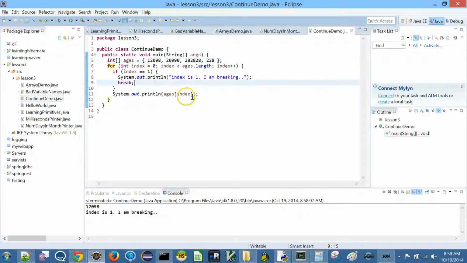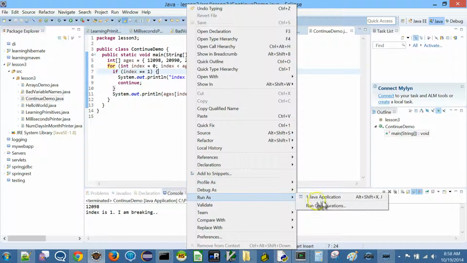Now what is continue? If instead of break I just say continue, continue is simply going to skip all this from here, and then it will immediately go here and increment index. So I'm going to say "I am continuing." What we expect is, when index is 0, it's going to come here, this won't pass, so it will print it. When index is 1, as soon as it sees continue, it will go here, it won't execute this. So index of 1, this number, won't be there in our output, and after that these two numbers will be there because this condition is not met.